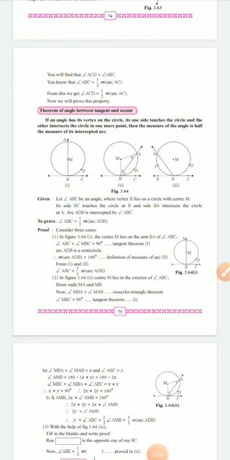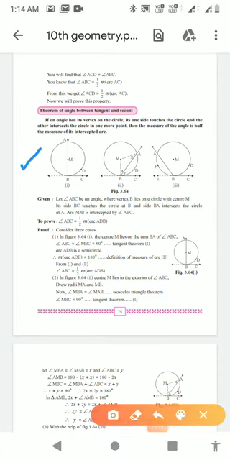For which we need to understand it carefully. According to this theorem, we have to prove this, and I am going to consider this diagram. We will prove this theorem with the help of 3 different cases. According to the first case, we will use this diagram. For the second case, I can use this diagram, and this diagram is for the third case. We can solve either 2 cases, or we will discuss all 3 cases, because this theorem is important.